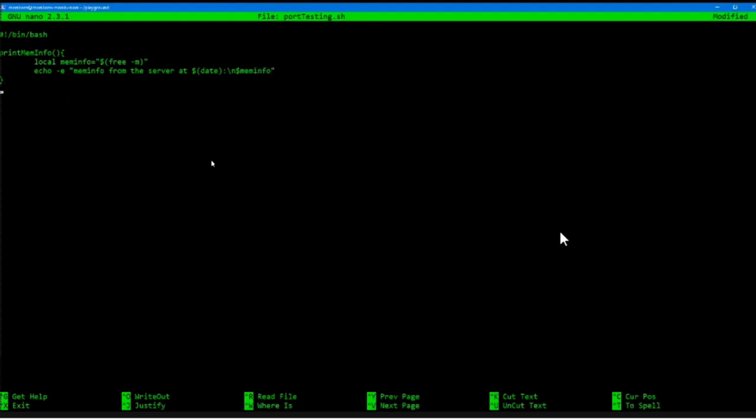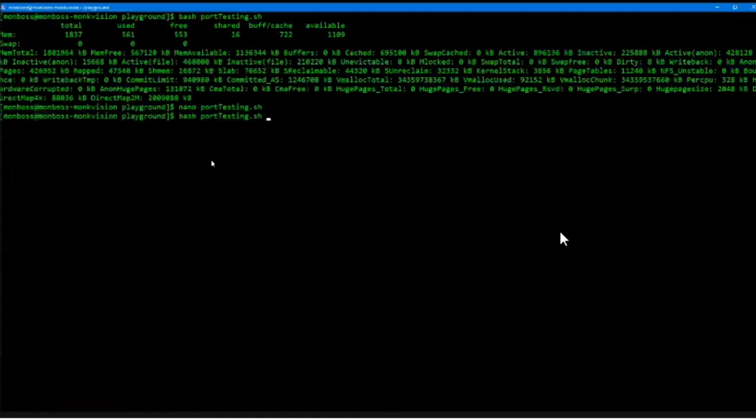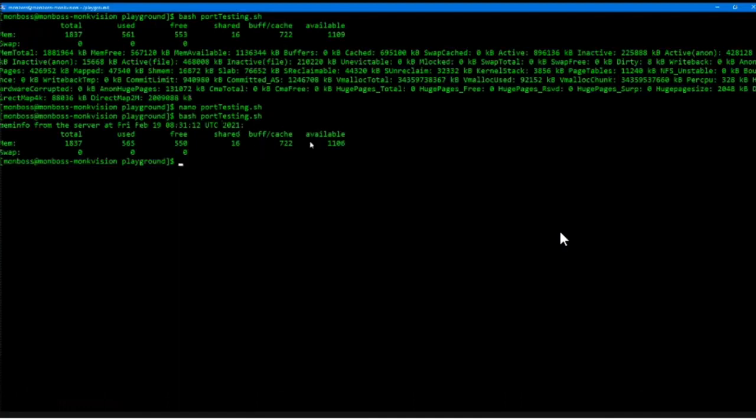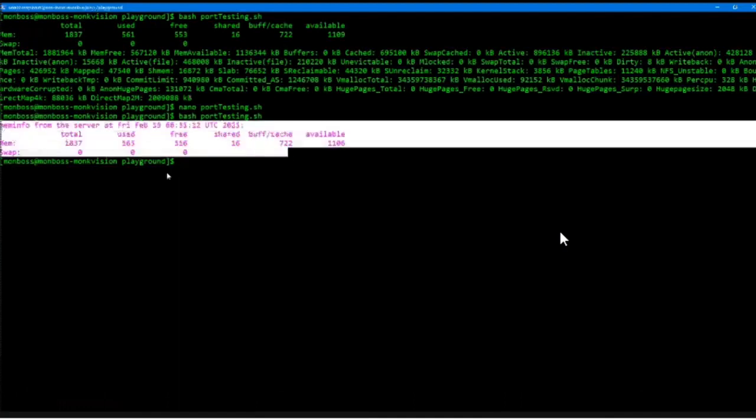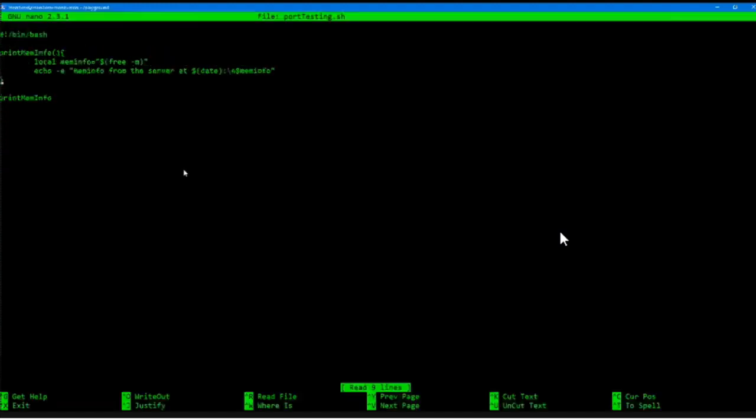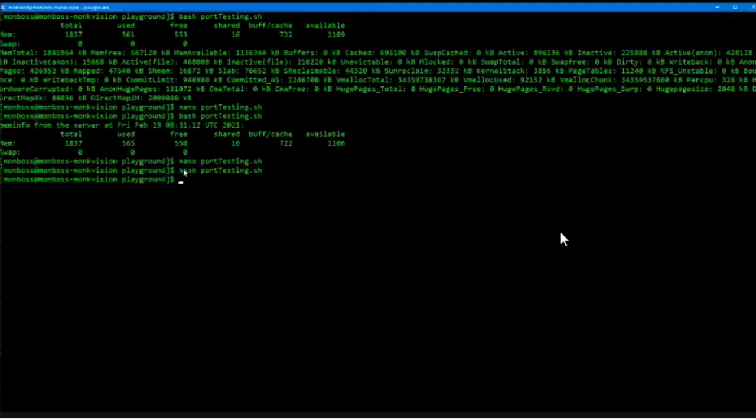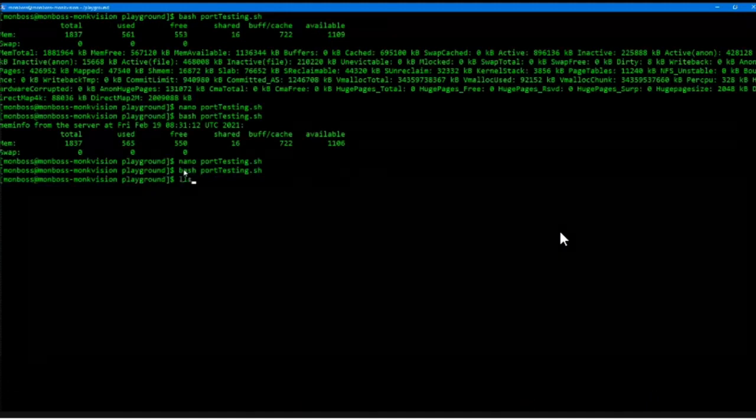And now if I call this function meminfo, save it. Let me check if I didn't do anything wrong here. Yeah, it should go now. If I run this, this will be fed out to my logs, right? I can also do a redirection here. So if I do a quick redirection to this function, let's say to /home/, it created a log file for me,